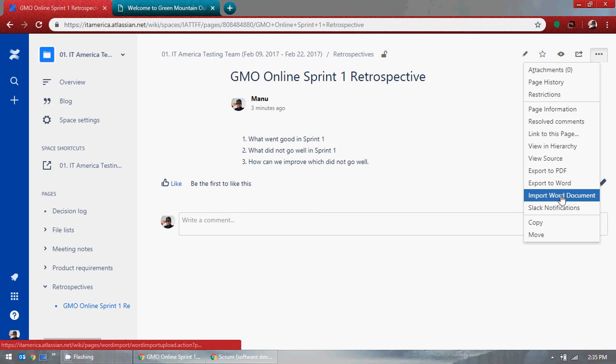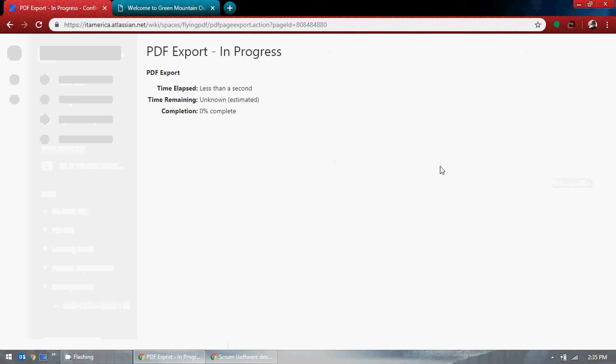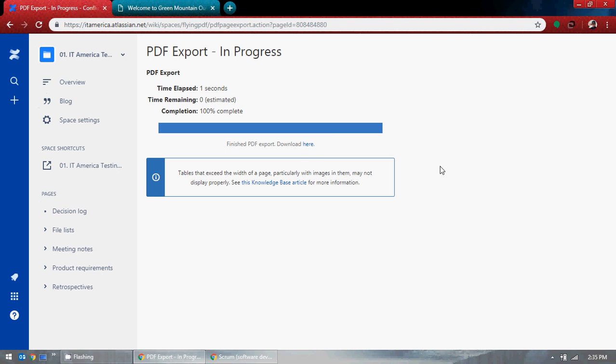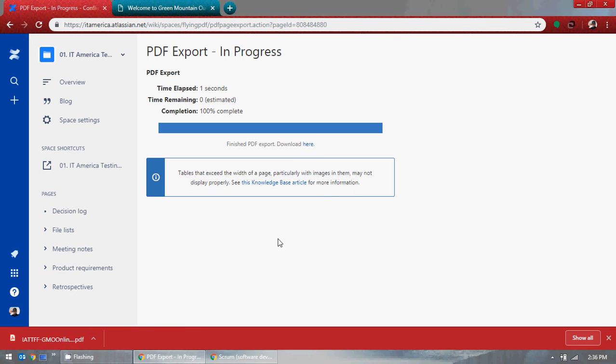You can import from a Word document. That means you can pull that from Word. If you have all the sprint retrospectives, you can put them here, or export it. You can export to PDF. Let's see how it looks like. Let's export it. Okay, it's done. Complete. Great. And let's see how it looks like. I've never exported it,